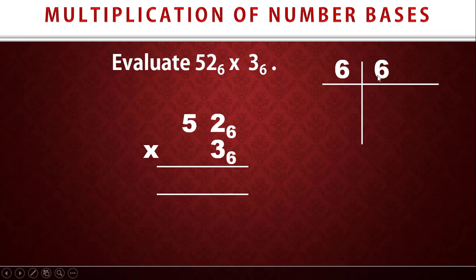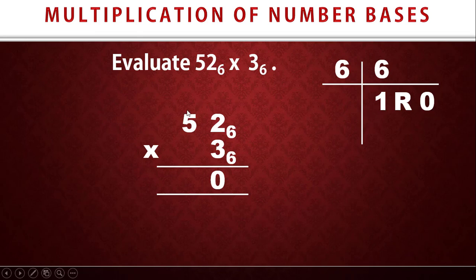6 will go in 6 one time, and what will be the remainder? The remainder will be 0. So 6 times 1 will give 6. So you say 6 minus 6, and that will give 0. That's where we got the 0 from. Okay, so you write down the 0 and then take up this whole number, which is the 1, to the